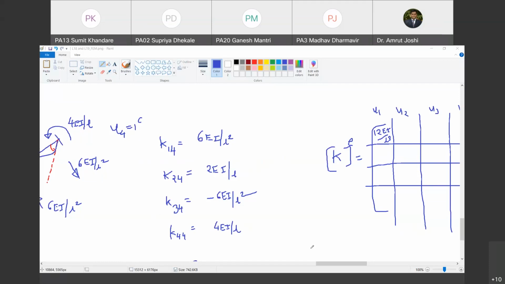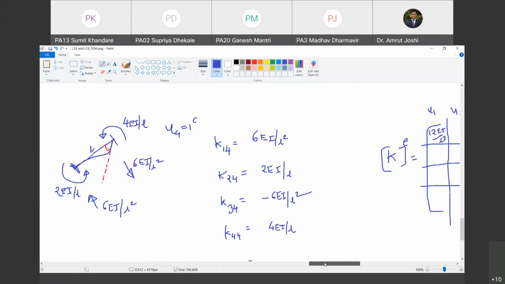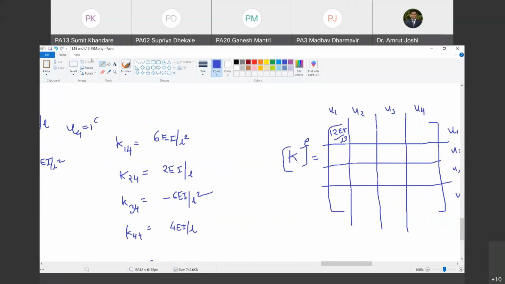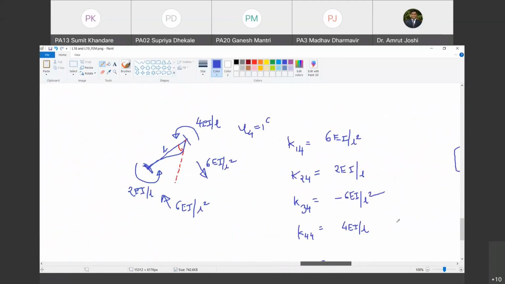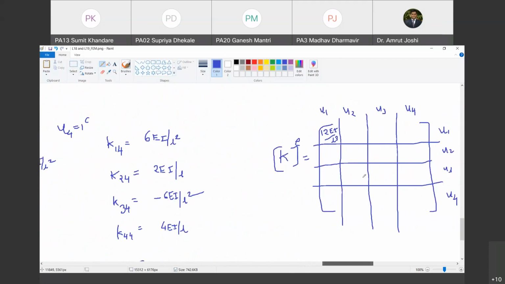Now we will stop here. Your task: complete this stiffness matrix today. Are you with me? Yes, sir. This is the element stiffness matrix, and then we will extend on this and assemble it to the global stiffness matrix. Just one thing to note: whether it is element number 1, 2, 3 or 4, this matrix is not going to change. Only the value of EI is going to change as per that element. That's the power. However the element is oriented, the element stiffness matrix will always remain unchanged if you write it in terms of local degrees of freedom.